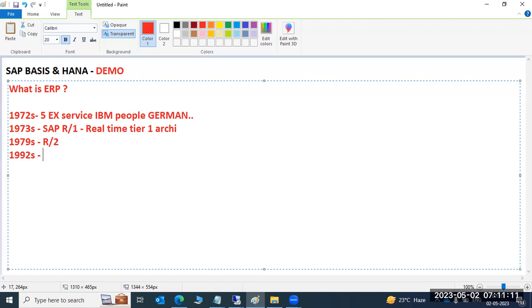Who launched it, when it was launched, which product this is. Is it an Indian product or a German product? It's a German product. The former IBM people, in 1972, started building the SAP ERP applications.